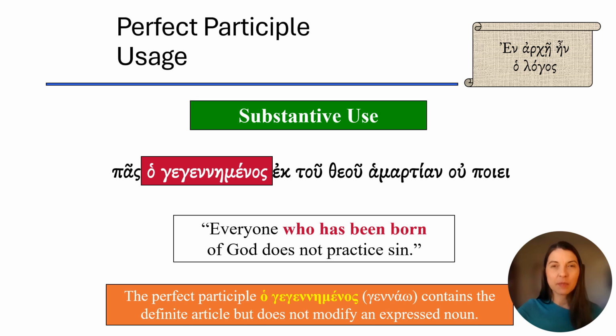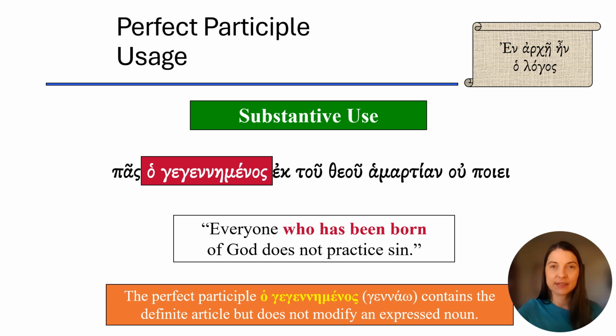Another use is the substantive use. Here we have a participle that has an article, but it doesn't have a noun that it's matching in case, gender, and number. So it's acting alone. It is a noun in itself. So everyone who has been born of God does not practice sin. So this is becoming the subject of our verb, and we see it's in the nominative case. This perfect participle from gennao, it contains the definite article, but because it doesn't modify another noun, it becomes the